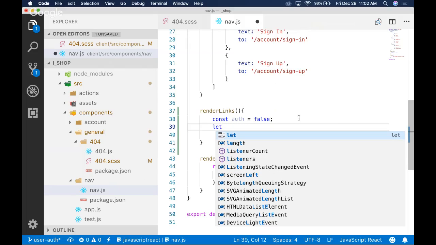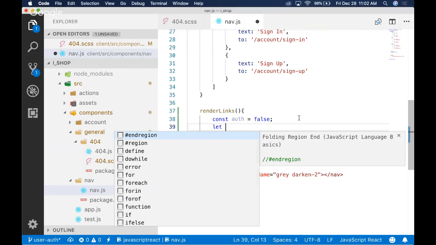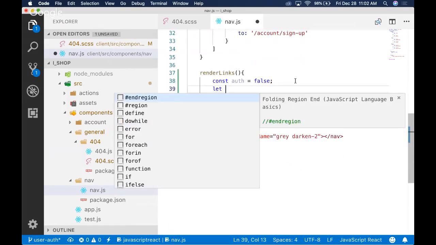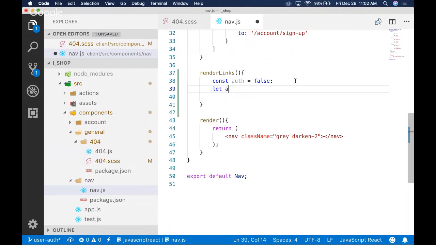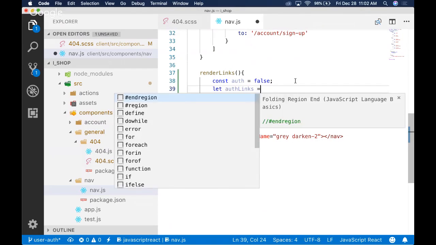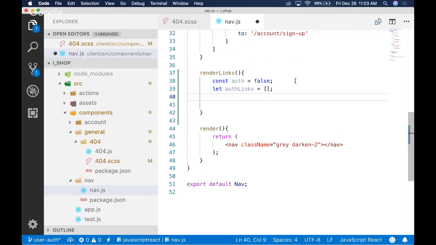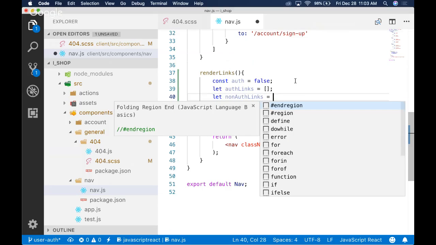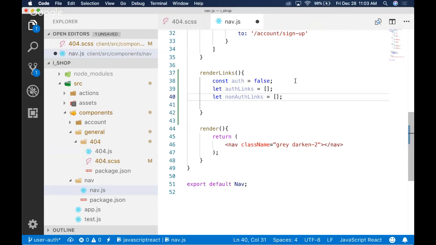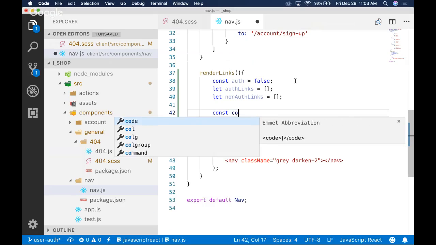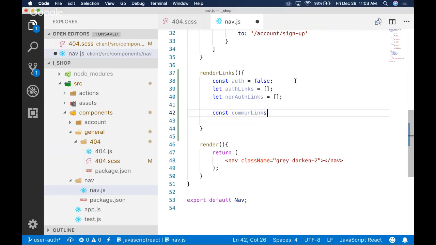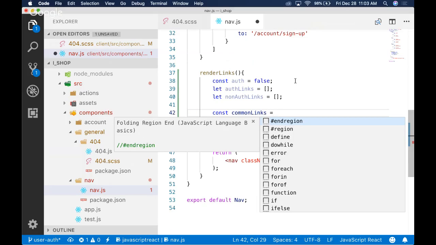Let's do let authLinks equal an empty array. Let nonAuthLinks also equal an array. And then we'll do const commonLinks equals